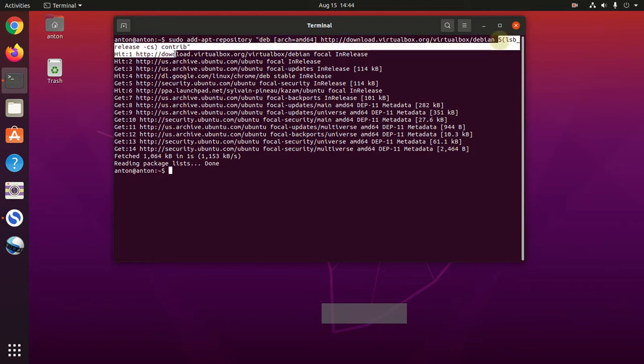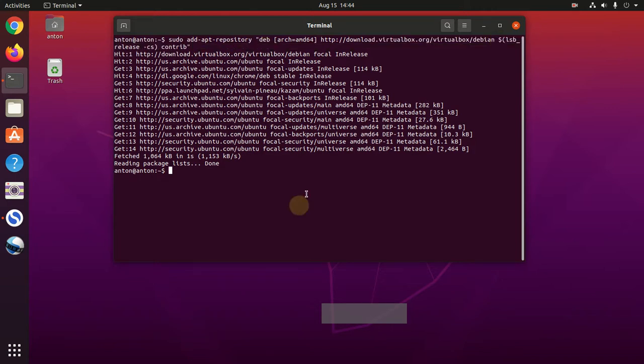This command here, lsb_release with the cs flags, I'll run it real quick to show you, will tell you I'm running vocal. That makes sure that we get the right repo for our operating system hooked up here,